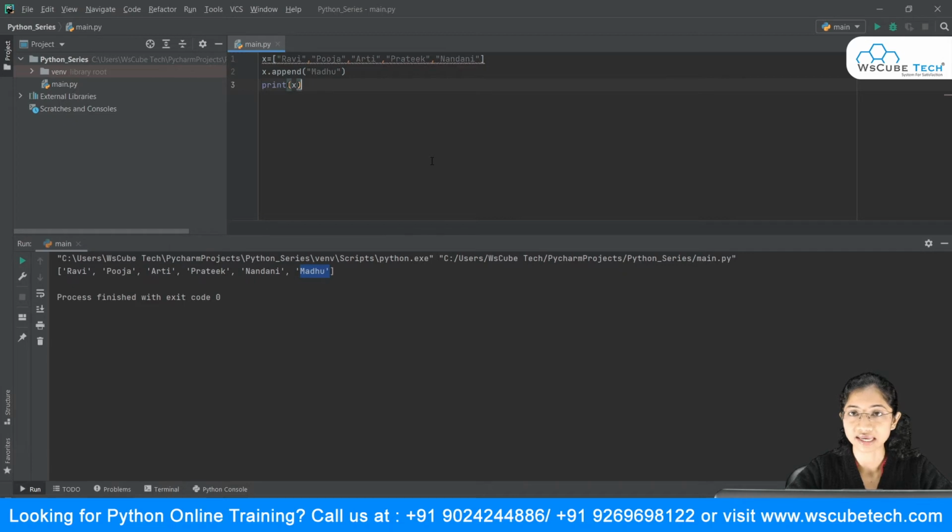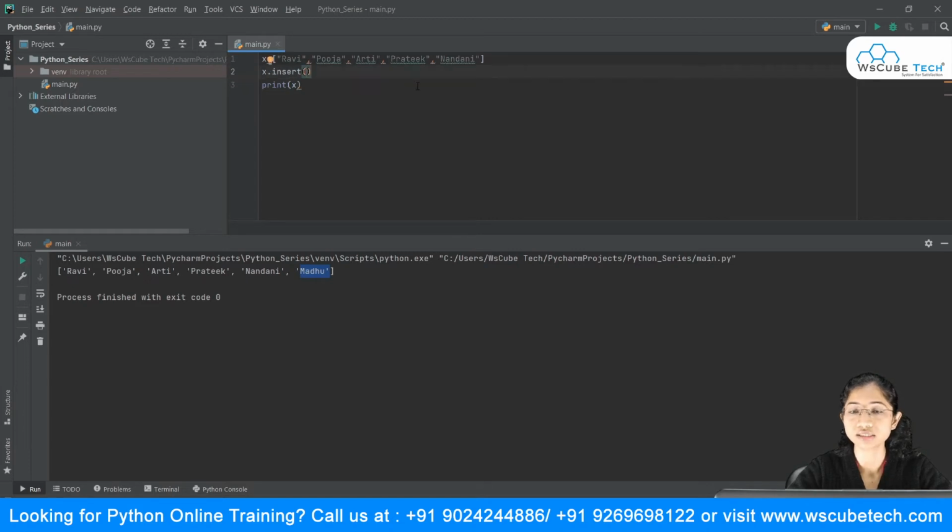So we saw extend, we saw append, and now we are going to see how you can insert. Suppose you want to insert this Madhu somewhere in between. In that case, we make use of the insert method. We'll simply say x dot insert, and in this case you need to pass the index value, that is where you want to insert.